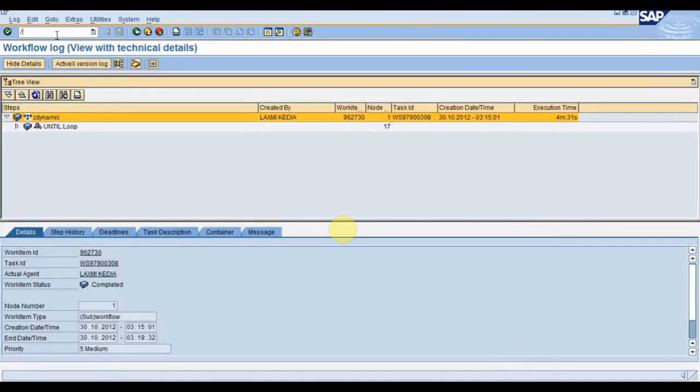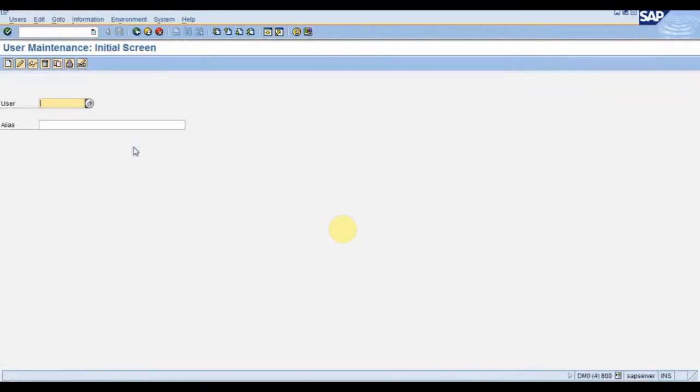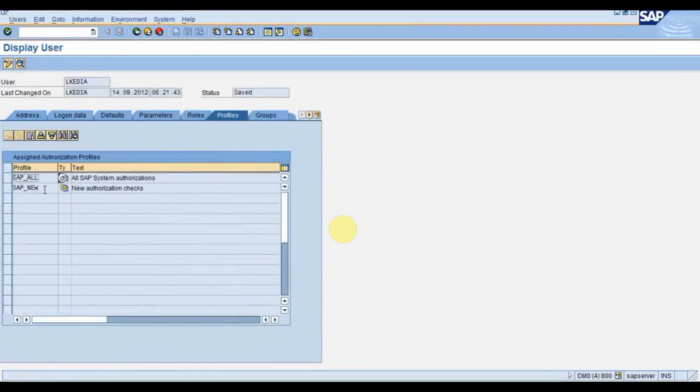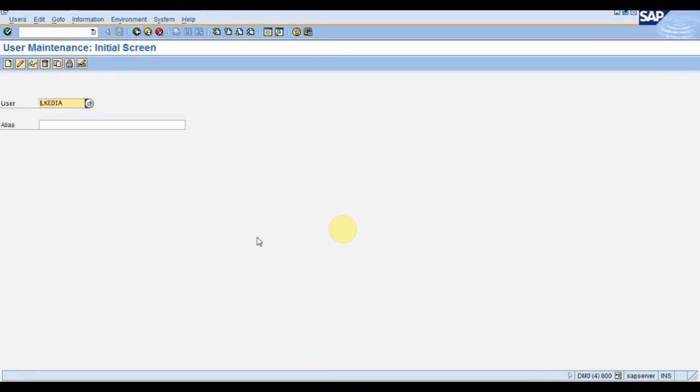Yeah, I'm asking about my own system itself. If you have access to SU01D and everything, then you can just create the IDs in SU01 and give the authorization, whatever you have, like SAP_ALL. Suppose you want to create one: enter the name and go to create, and in the profile and roles, just give whatever role you have, like SAP_ALL and SAP_NEW, so that particular person will be eligible to approve.